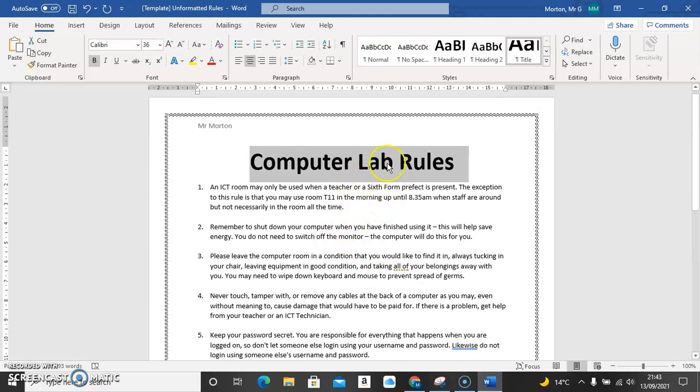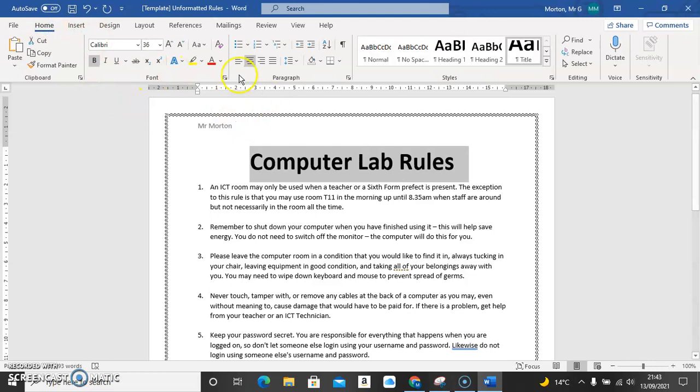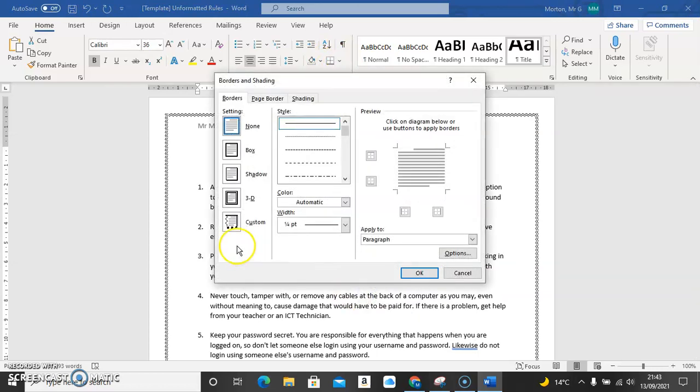But I'm also going to apply a border to this bit here. So you remember we went to Design and Page Borders before. I should just be able from here to choose this drop down box here to change the borders. So come down to Border and Shading. And then I might like to go to Custom,